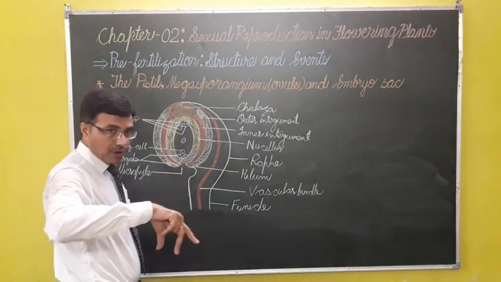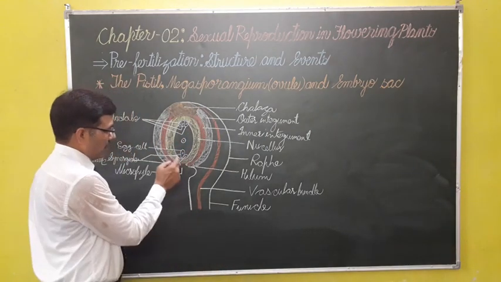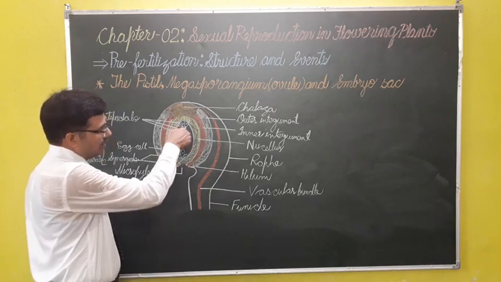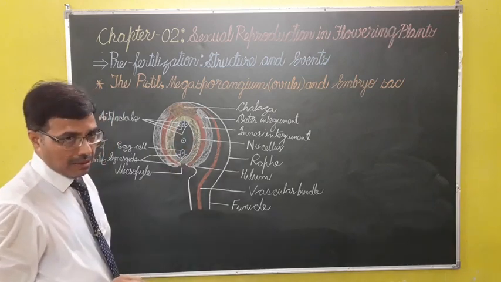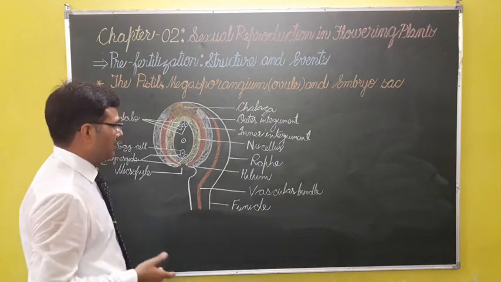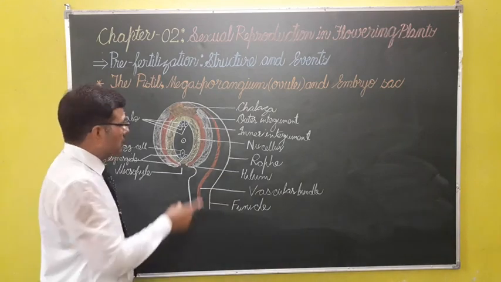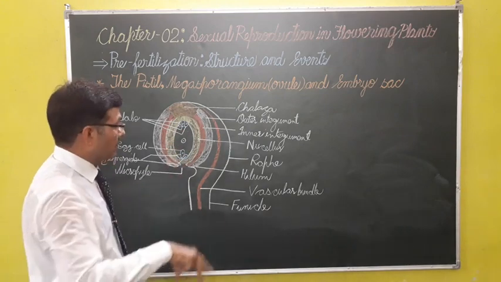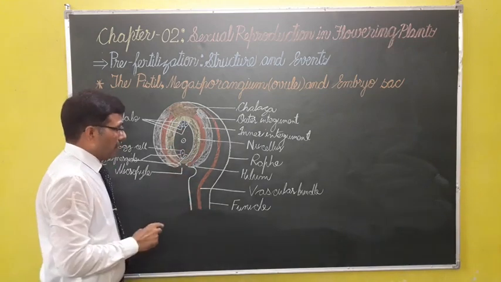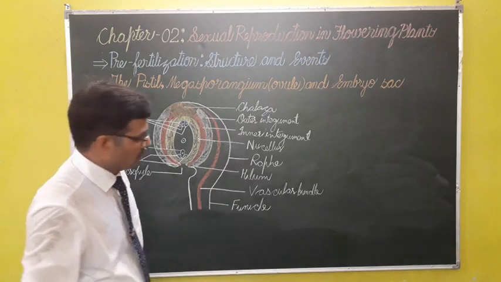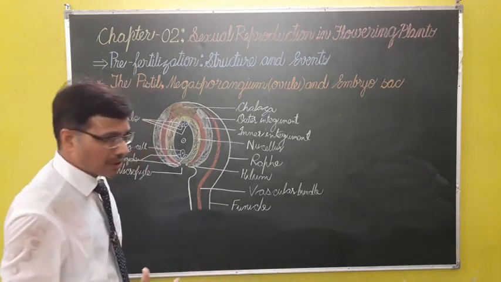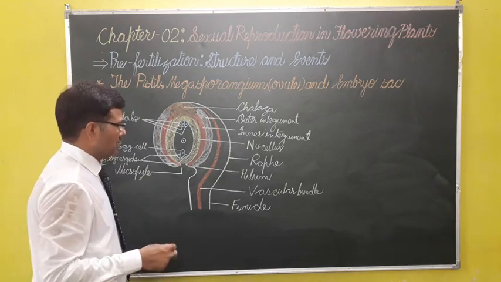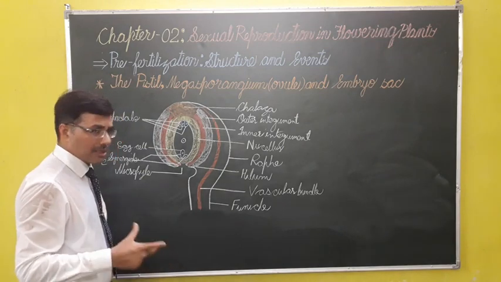Now, before the formation of the embryo, when there is the egg cell, at that time this entire structure is called the female gametophyte. But when the embryo is formed, the name is simply changed. Now it is called the embryo sac because it is having the embryo at that time. But for the convenience of the study, these two terms are the same. So these are synonyms, interchangeable. Okay.